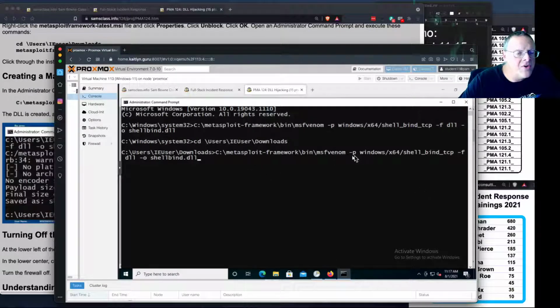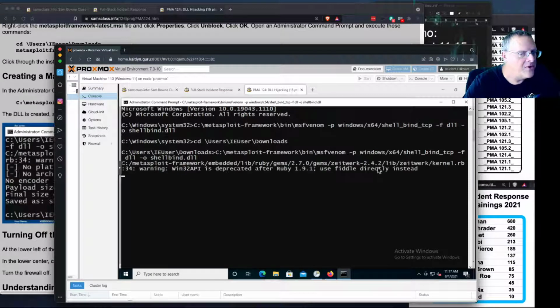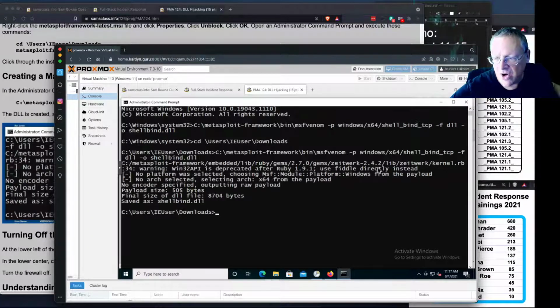This is going to create a DLL called shellbind.dll. And what that is going to do is run this exploit, Windows x64 shellbind TCP, that will open a listening port on port 4444, and anybody that connects to it will be able to take over the machine. So this is a simple kind of backdoor. It's not, by the way, a very powerful attack. Anybody that uses a firewall properly will block this, but this is a demonstration of malicious activity. So it's created a DLL file,